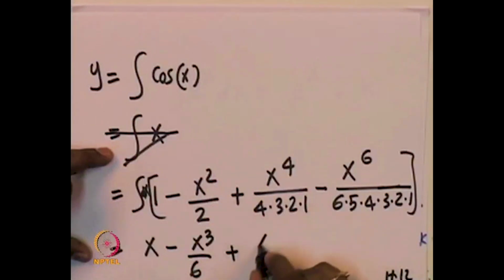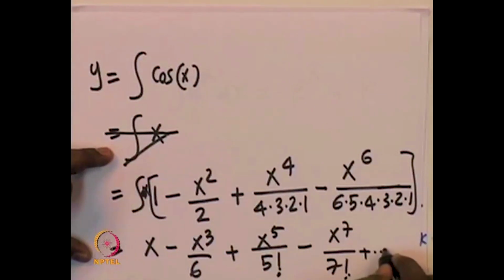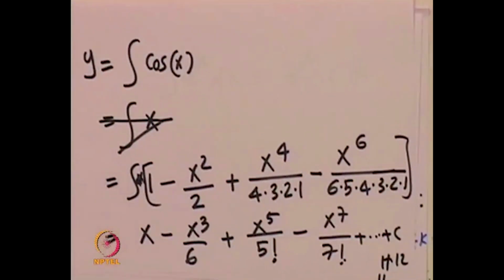Then x power 4 will become x power 5 by 5 factorial, minus x power 7 by 7 factorial, and so on and so forth, plus a constant c. If we do this rewrite, you will end up learning that